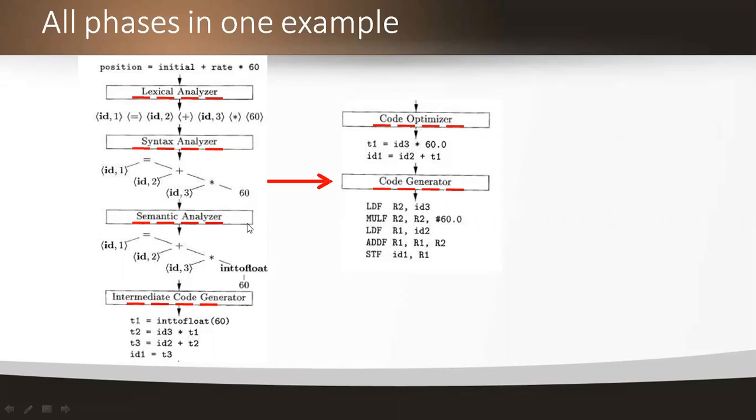And coming to the real number value 60, here we need to define what data type it is and what data type we are converting it into. For example, int to float, we are converting the integer data type value 60 to the floating point value 60. So here itself we gave the meaning of this.